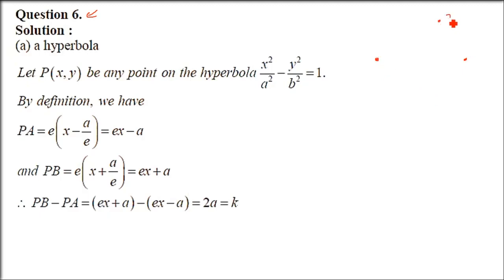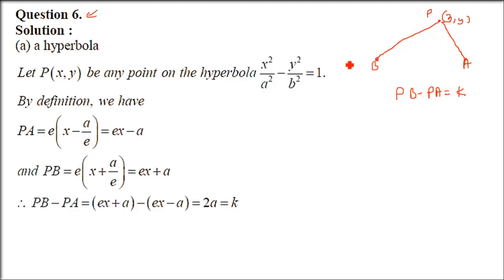Okay. Now there is a point which is moving such that its distance from two fixed points is always constant. So what is that figure or shape? We know that this is the definition of a hyperbola only. That is PB minus PA, where A and B are the fixed points, which are the foci, and the difference is going to be constant, and we know that it is 2a. When we discussed, I told you that 2a is constant only, and the same thing we are going to see here.